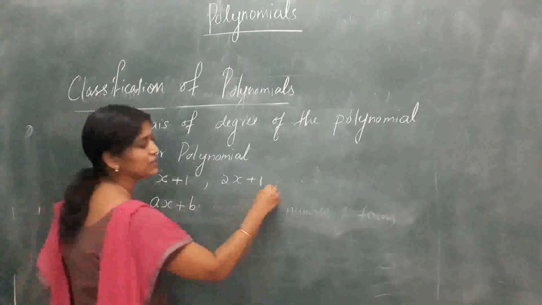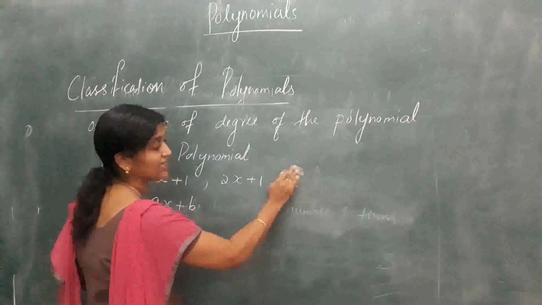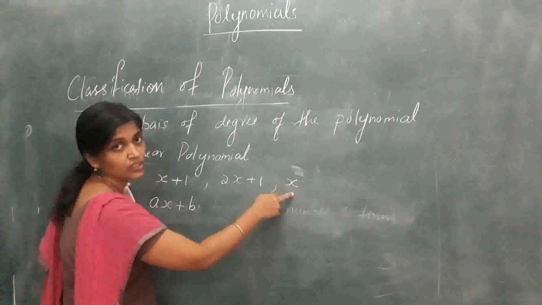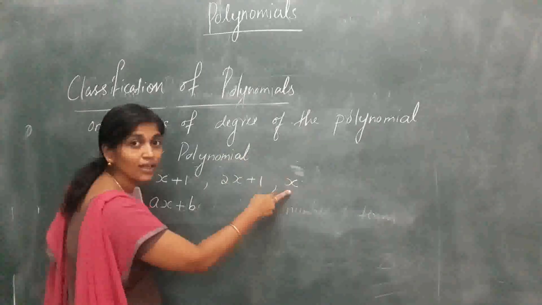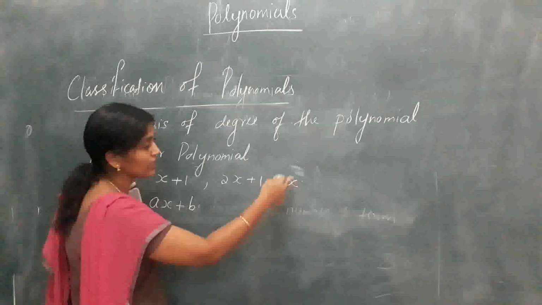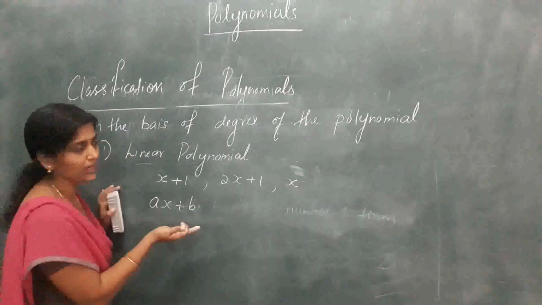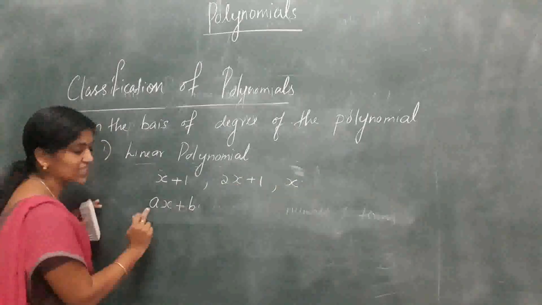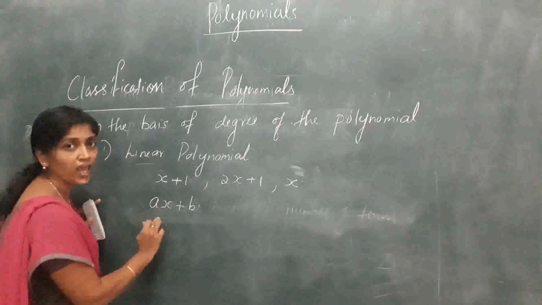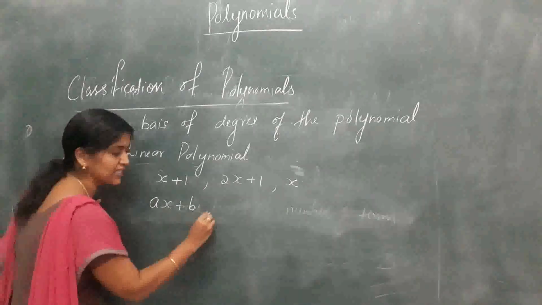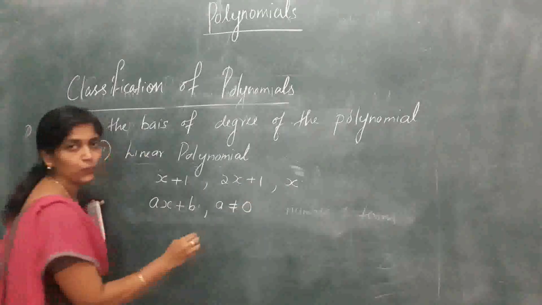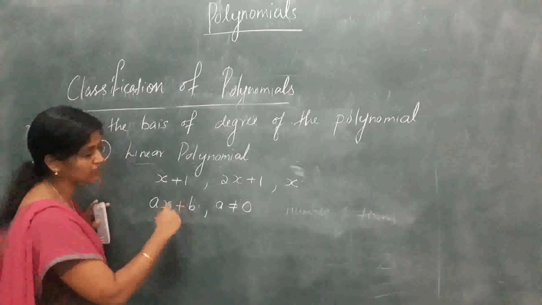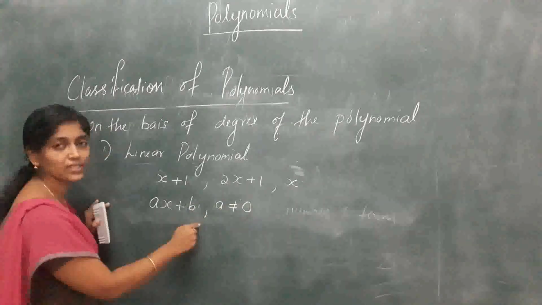It need not be that it must always contain a constant term. I can give an example simply with x. What is the degree of this x? It is 1. So it is also a linear polynomial. So it's not that we need a constant term along with that. Its degree must be 1. Only that is needed here. So the general form of a linear polynomial is ax plus b, and we will write it as a not equal to 0. If you take a as 0, you can see it becomes a constant polynomial. That's why we say a not equal to 0 when we give its general form.